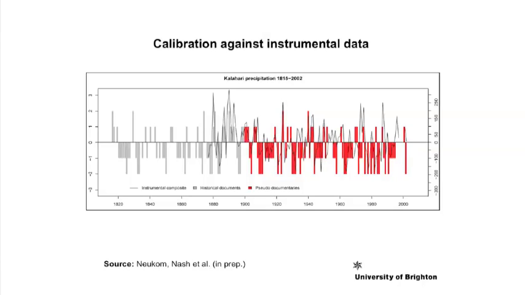So there are some parts of the Kalahari that did start to get rainfall data from about the 1880s. And that's shown with the black line here. And this diagram, this is work very much in prep with Raphael Neukomm, who's at the University of Bern in Switzerland. What we're doing is taking the instrumental record and then